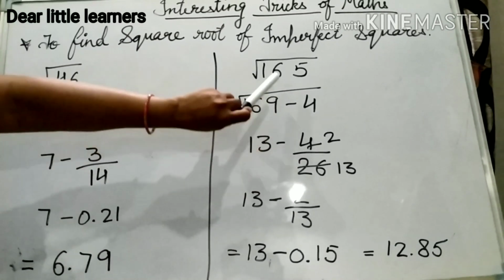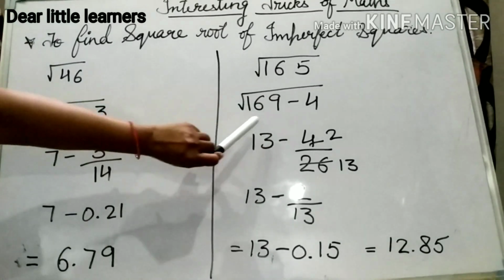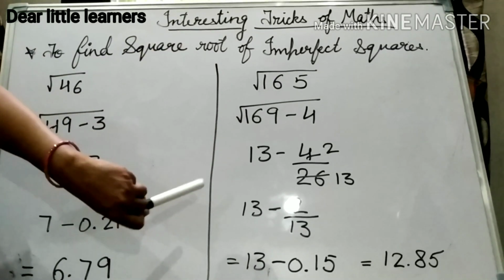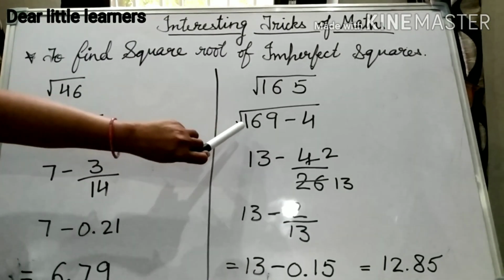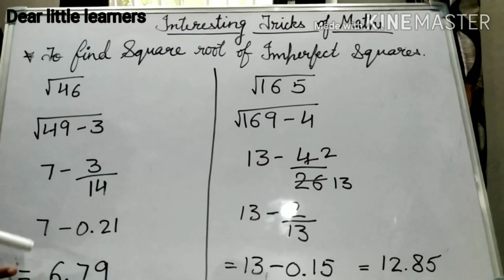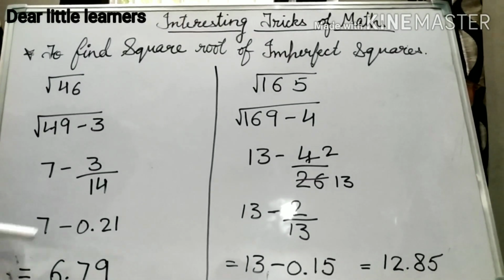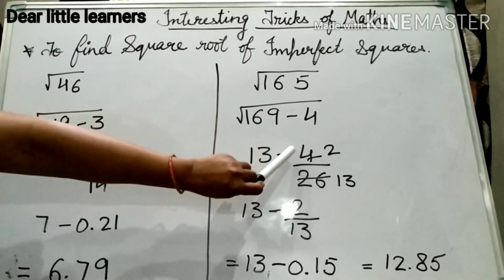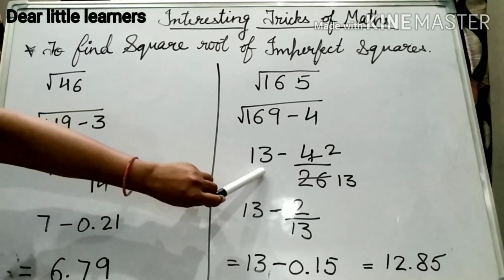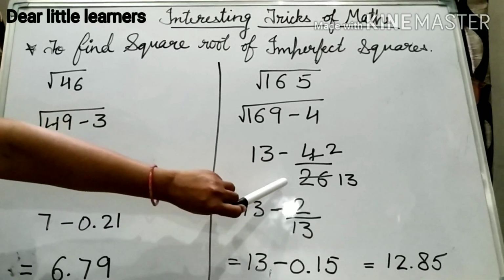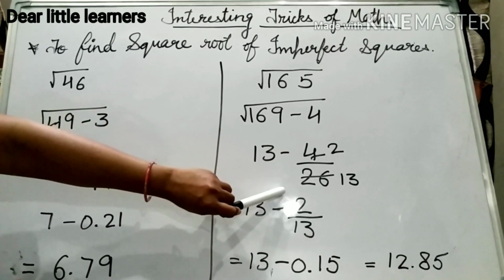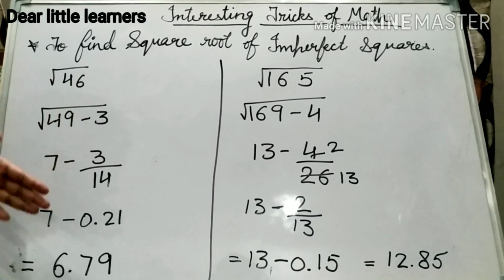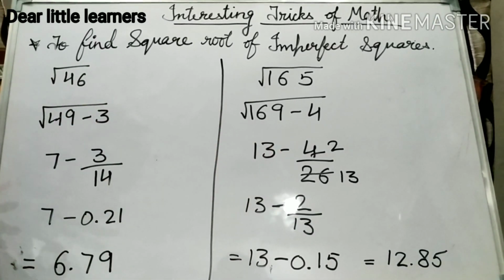Because it is equal to 165 only. And after taking out from the square root, in place of 169 we can write 13, because 13 is the square root of 169. Then, as I told you, we will write this minus sign and then 4 upon double of this number 13, that means 26. 4 upon 26 we have to write, and we can cancel also because both are even numbers. So 2 2s are 4 and 13 2s are 26.